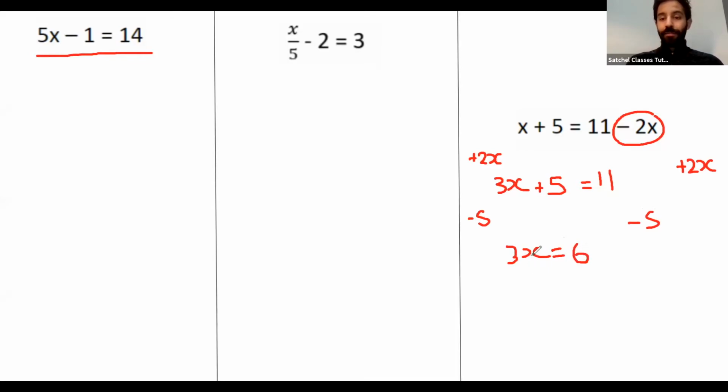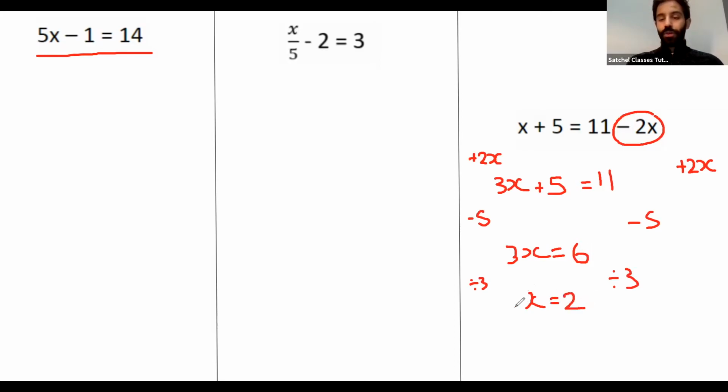And then we have 3x is equal to 6, so x equals... we have to divide both sides by 3 to get rid of this 3 here. Remember, we're timesing by 3, so to undo the multiplication of 3, we have to do the inverse operation, which is division. So 3 divided by 3 is just 1, so 1x is equal to 6 divided by 3, which